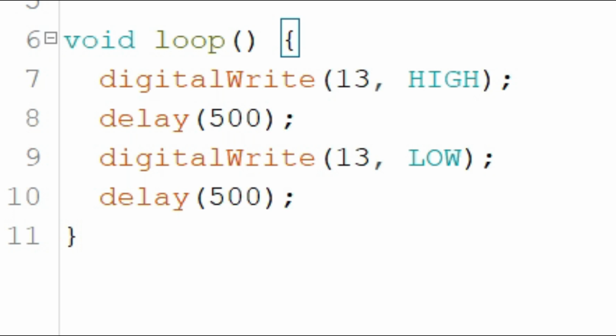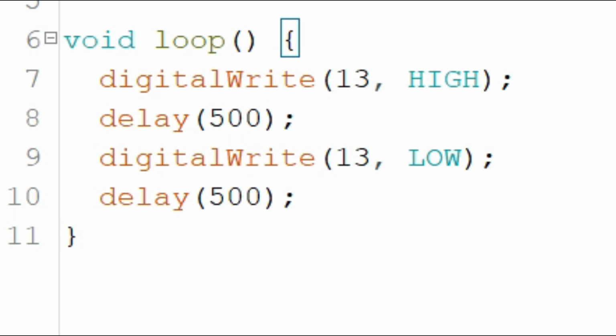In next line digitalWrite(13, LOW); with LOW in capital and a semicolon is written. It means we are giving 0 volt to pin 13, and in next line there is a delay of 500 millisecond, means half second, means again code will be stopped for half second. Now see this loop part as full. In first line we are turning on our LED by giving 5 volt to it. In next line we stopped the code for half second, means LED will remain on for half second. Then we turned off our LED by giving 0 volt to it, and again stopped our code for half second, and this will keep off our LED for another half second.